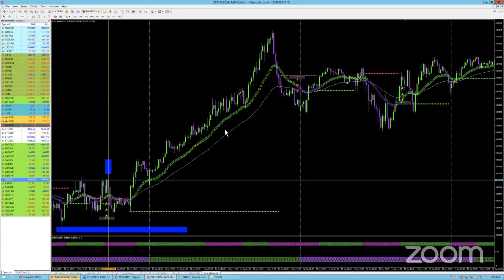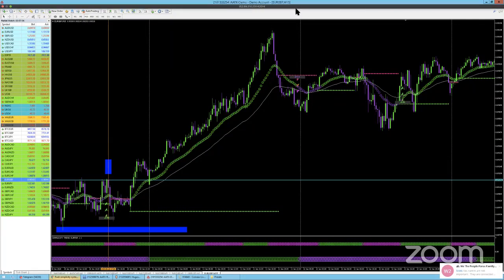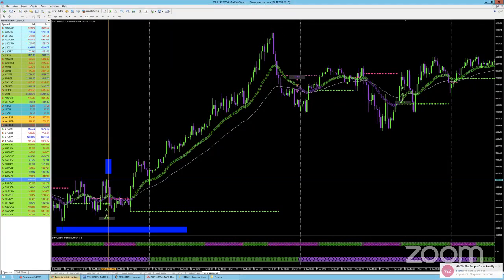So the patient part is, the train looked like it's leaving the station. So what you want to do is work towards putting in your buy order and let the market come back down to you. That way you're not in drawdown all the way from the top part of where you would have taken. Now, if the train continues to leave the station, then that's just a trade that you're not going to get into. So you want to, and Pat always says, let the market come back to you. Why? Because it always takes another breath.